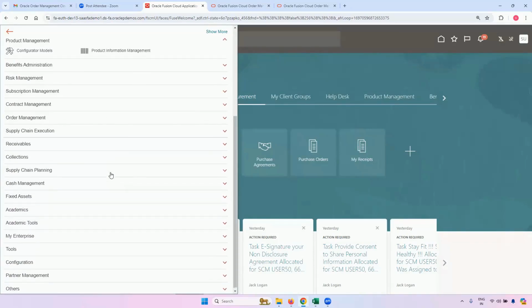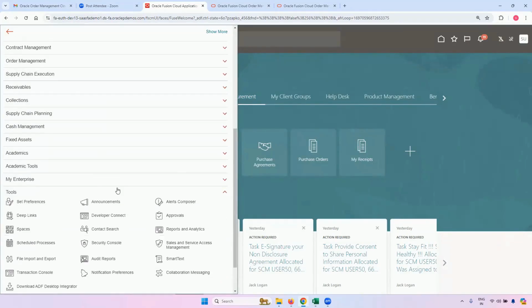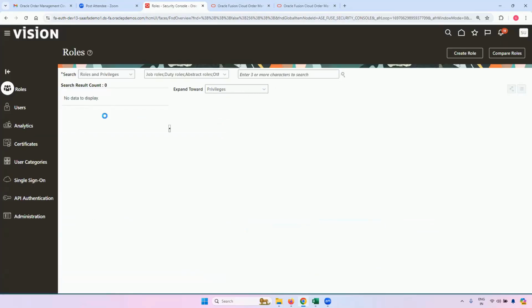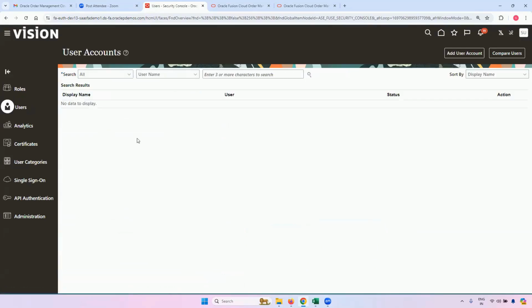So if you come down and go to tools, there is this place known as Security Console. Click on that, and let me explain a bit about Security Console. If you go to users, let me type in my username.